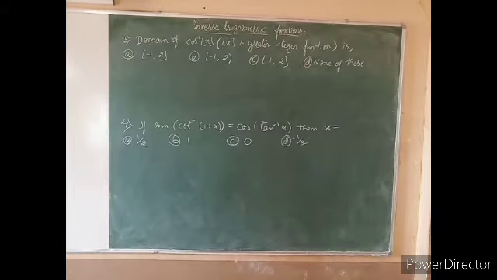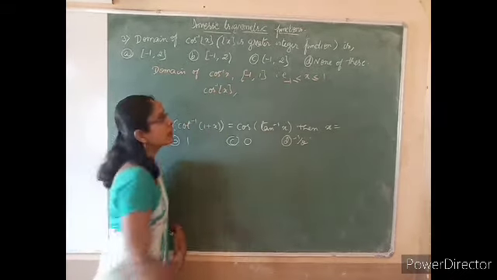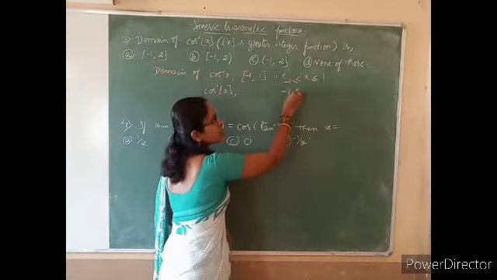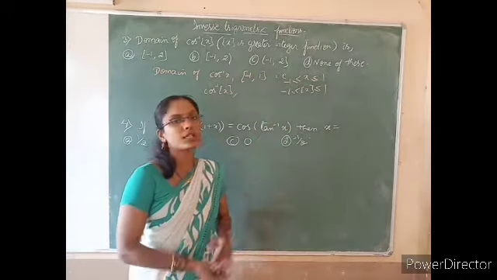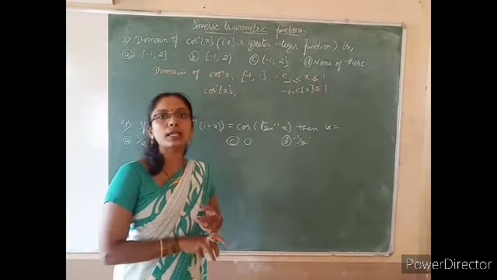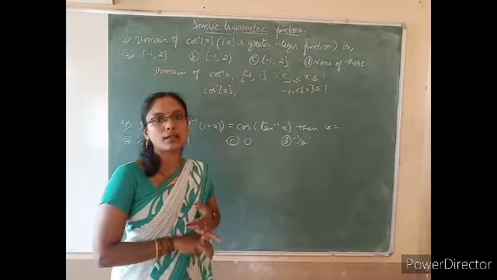Therefore, domain of cos inverse of this greatest integer function. To find this, here also this should lie in between minus 1 and plus 1. But you know that the greatest integer function has only integral values, the integer value less than or equal to x. Therefore, this can take only the possible values minus 1, 0 or 1. Only these three integers here.